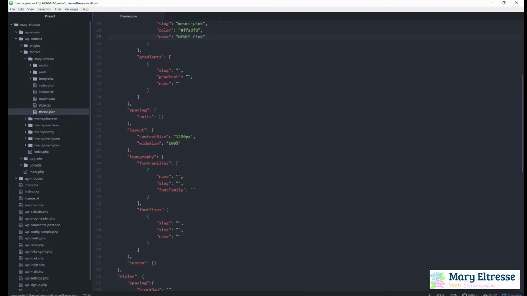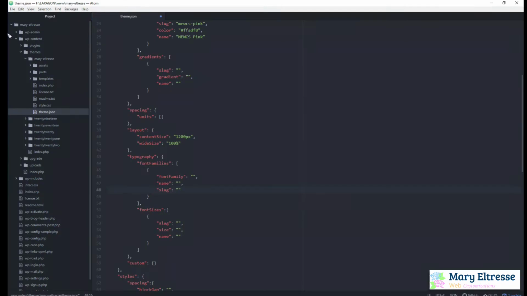So the font family is, let me arrange this. It should be at the top, so that it would be easy to see. Okay, here. So the font family,